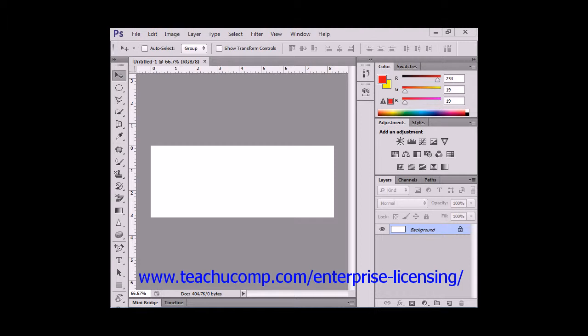When you create a new shape with one of the shape tools, it creates a new vector layer in the Layers panel. The layer is then filled with the currently selected foreground color, although we can specify and change the fill as needed. And the outline of the shape that is drawn on the layer is actually stored as a linked vector mask that is linked to the layer, restricting the display of the layer to the pattern stored in